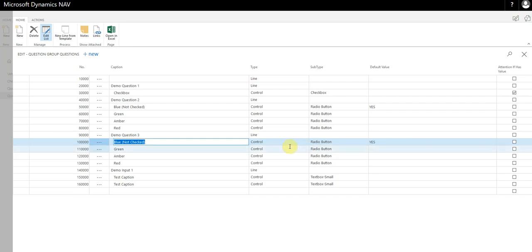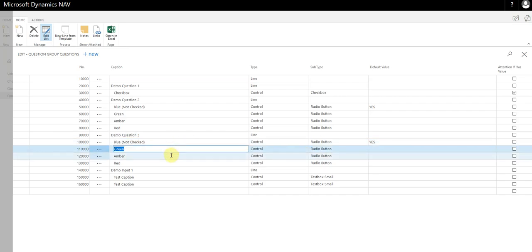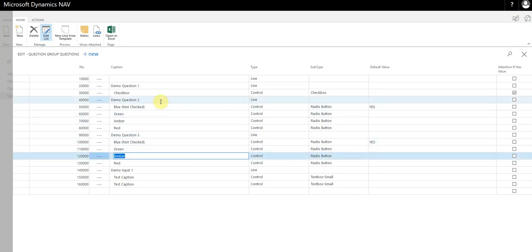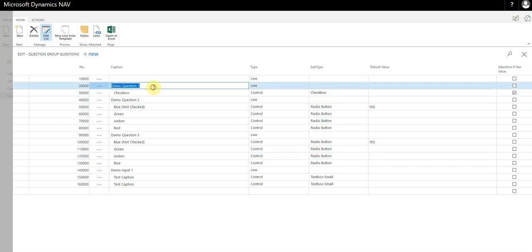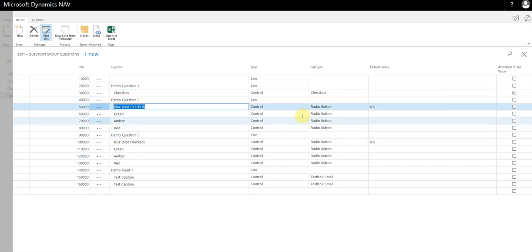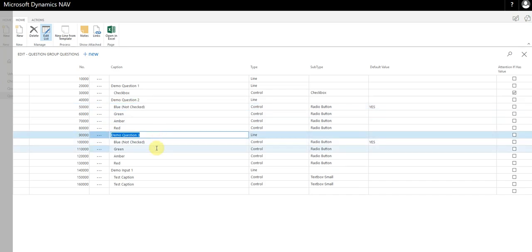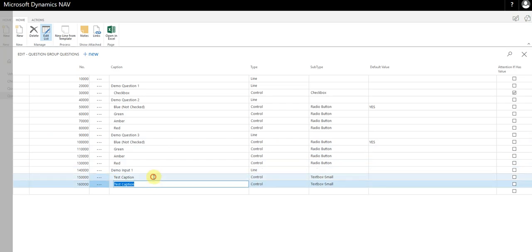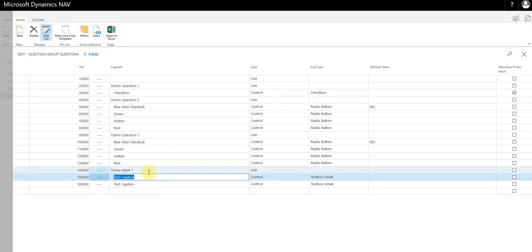So these are radio buttons. They're predefined colors in the system. So we've got one question. Question 1 is a checkbox. Question 2 are radio buttons, which are colored, like your traffic light system. Question 3 is the same, and question 4 is a dual text box small input, which we'll have a look